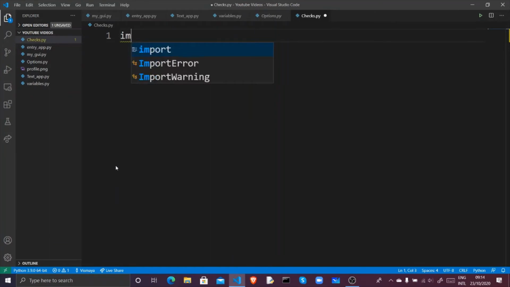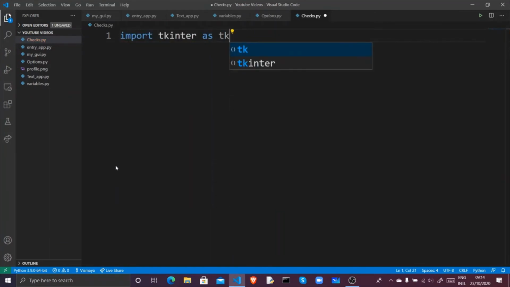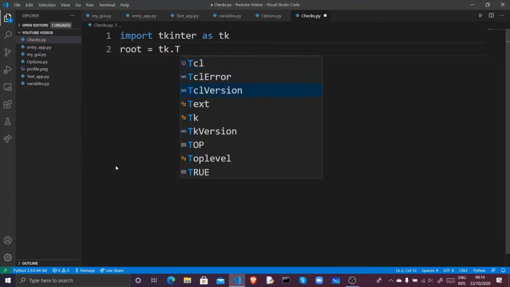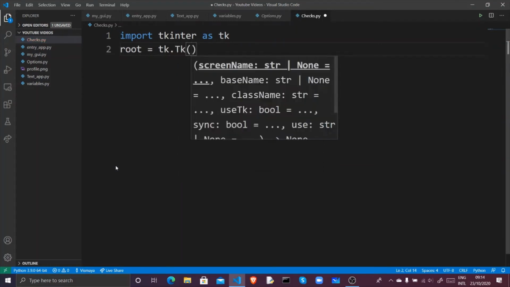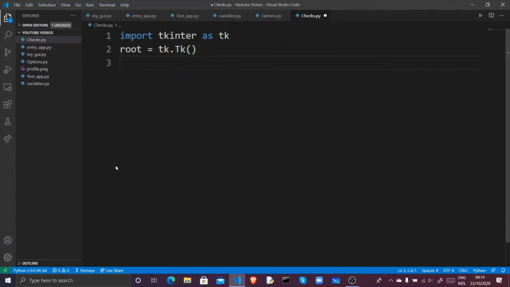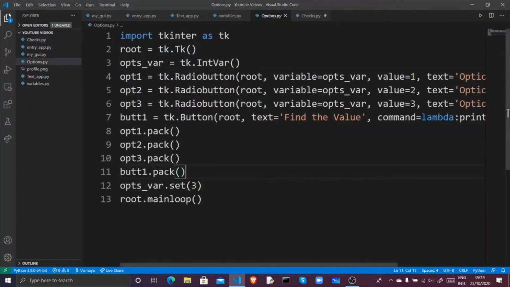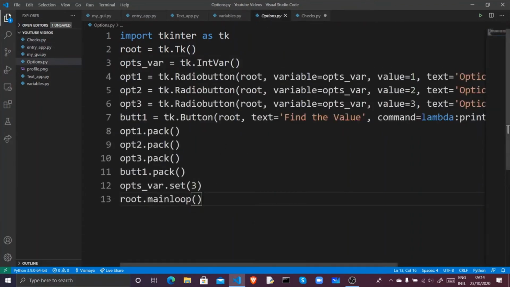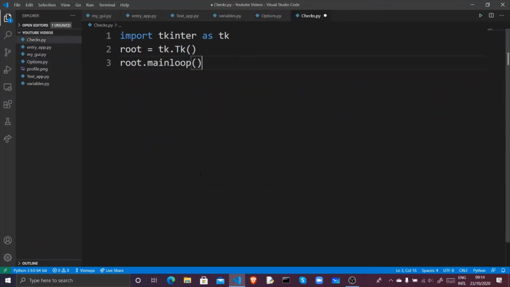We'll import Tkinter. root is equal to tk.Tk. Let's just keep the same data. Let's keep this root.mainloop, and we'll have to have our